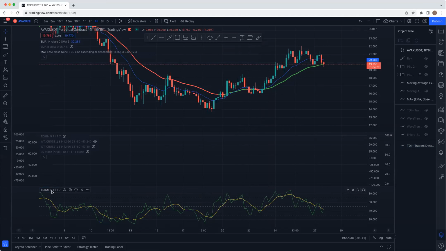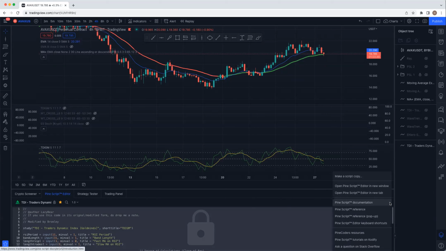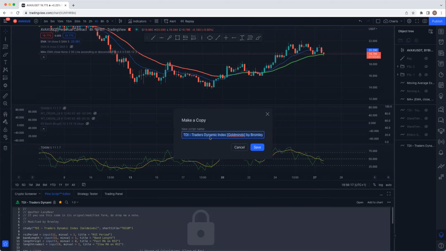So once you save as default, one of the things you could also do is, when you pick the indicator, personalize it. I can actually show you now. When you want to personalize an indicator, you see the thing we call source code. You click on source code, and you get something like coding here, but that is not what you're looking for. You're looking for the 3 dots at the top right. When you see the 3 dots, you go to make a copy. It brings up the name of the indicator so you can personalize it.